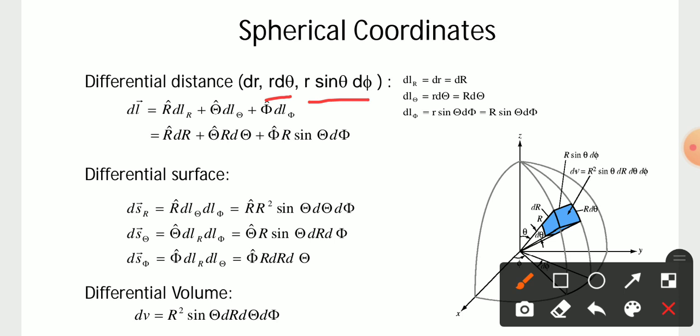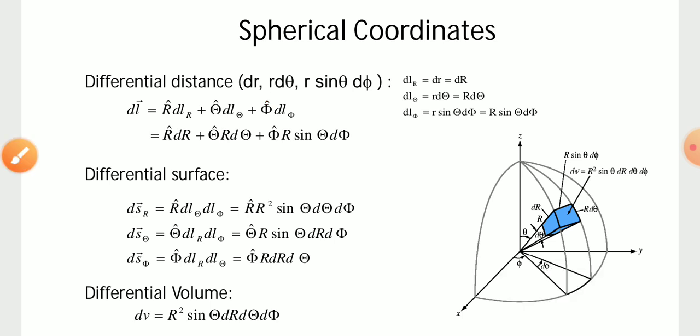Rho is defined as the square root of x square plus y square. From this kind of expression you can get the value, and see why it comes as r sin theta d phi. This is not mandatory here for the calculation or proof in this case, though we are talking about it for your simplicity.